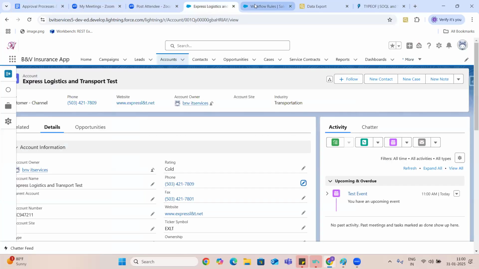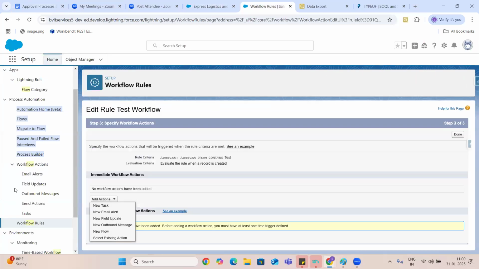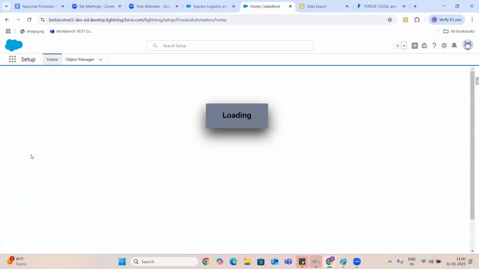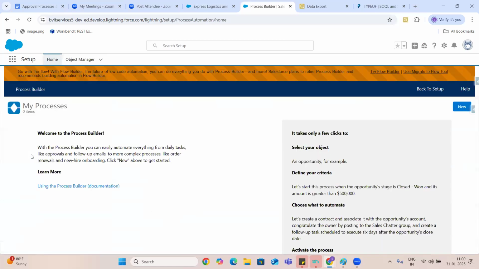So process builders, guys, that is nothing but this one. Now we have covered these two things, guys, workflow rules and workflow actions. Now we are going to check the process builders. Okay. Process builders are the advanced versions of workflow rules.